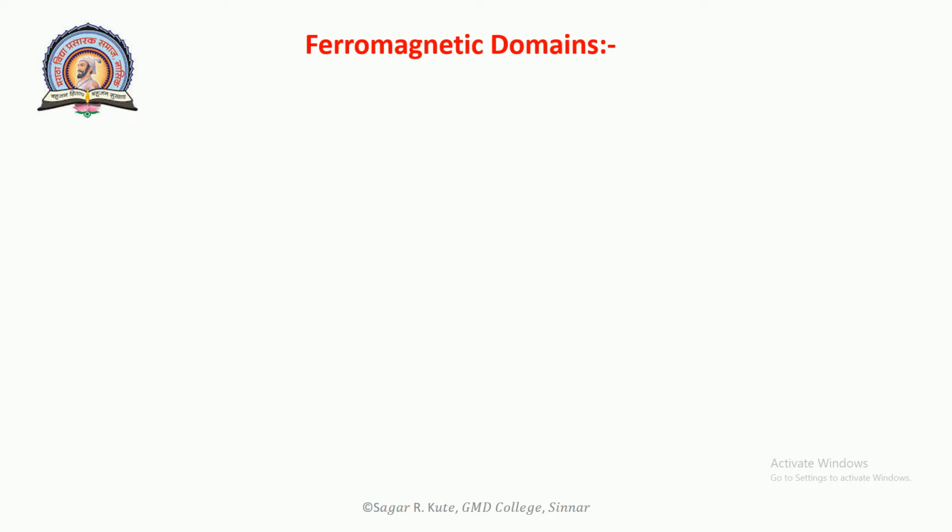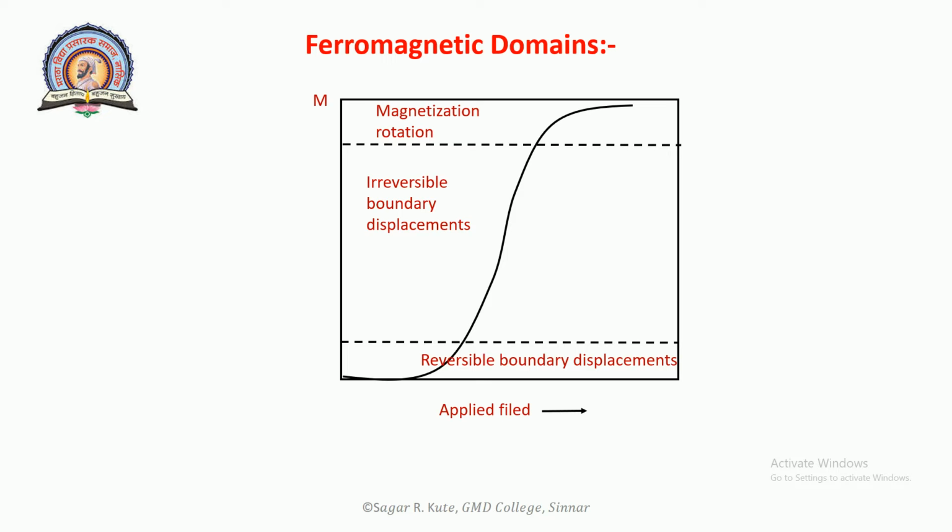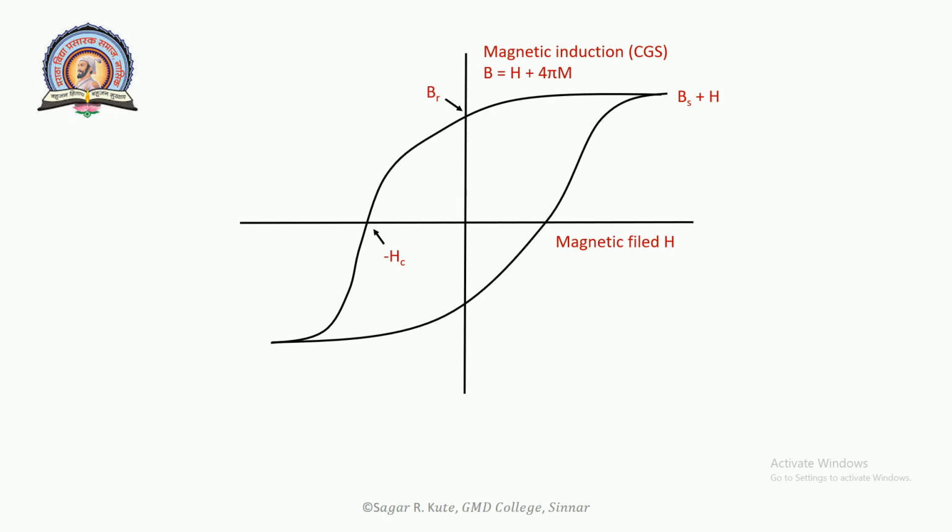The increase in gross magnetic moment of a ferromagnetic specimen in an applied magnetic field takes place by two independent processes. In a weak applied field, the volume of domains favorably oriented with respect to the field increases at the expense of unfavorably oriented domains. This figure is a representative magnetization curve showing the domain magnetization processes in the different regions of the curve. Now the next figure will indicate the technical magnetization curve.